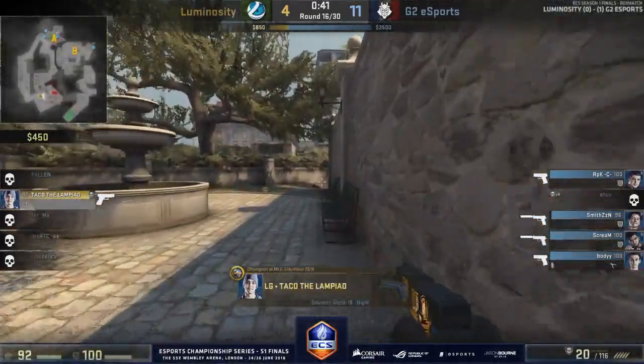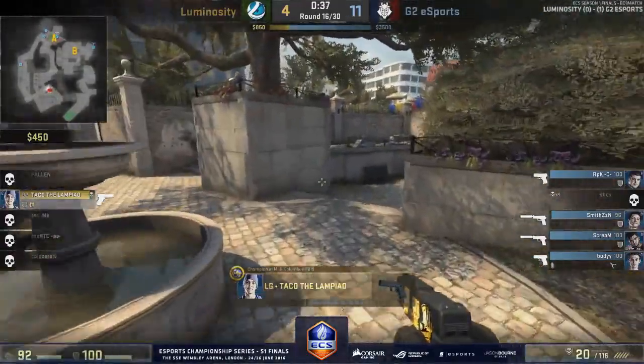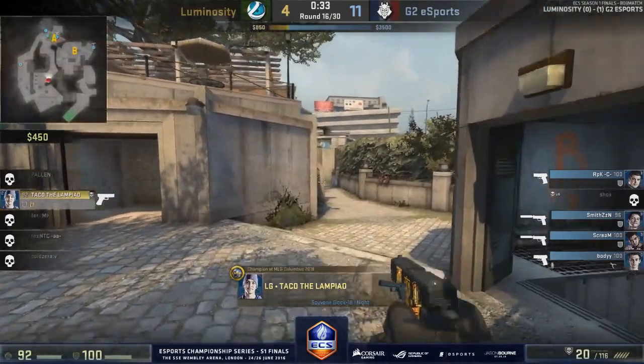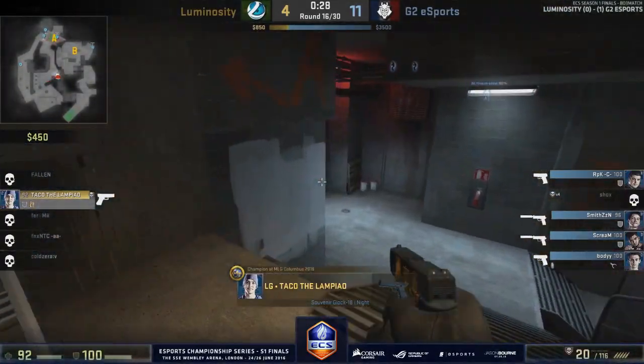He needs to collect the bomb. The thing is, he can try and check all these corners very carefully, but he won't have enough time to clear a bomb site, and that's where it counts. So he has to run the gauntlet now. 33 seconds here. Yeah, if he can find a way to get a bomb plant down at the very least,